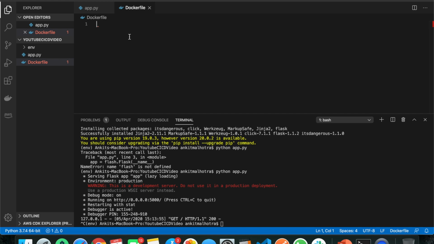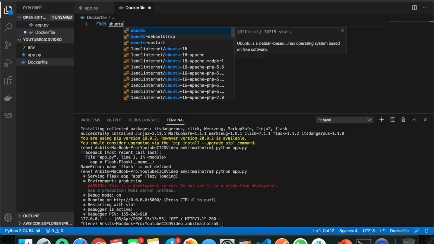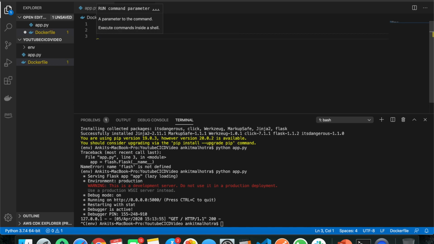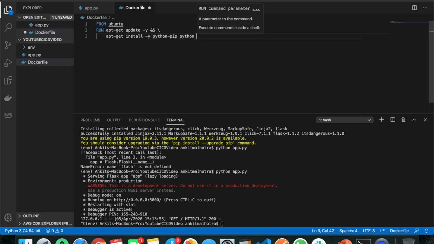So we will start by importing a new Ubuntu image. We will be using this as a base image and we will run some commands to update it. So this is a command for updating the environment, and this next command is for installing the Python library to this Ubuntu image. Python dev,